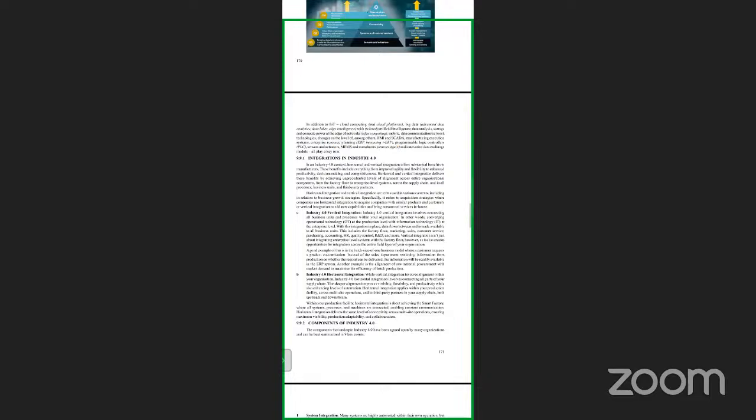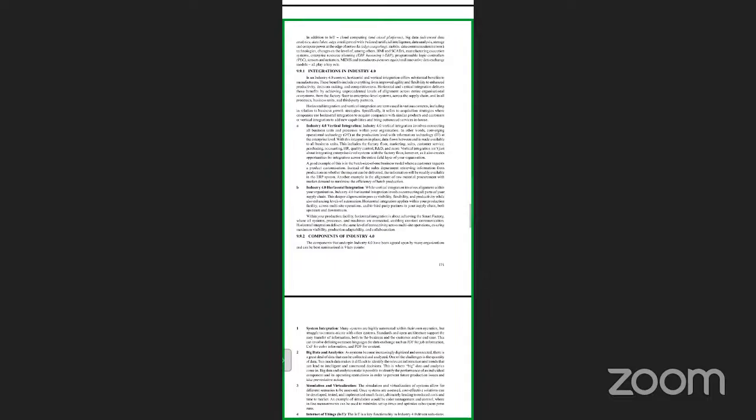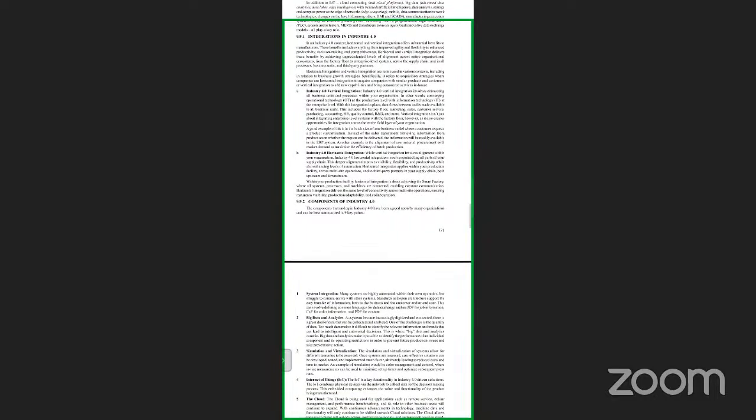This deeper alignment improves visibility, flexibility, and productivity, while also enhancing levels of automation. Horizontal integration applies within your production facility, across multi-site operations, and to third-party partners in a supply chain,